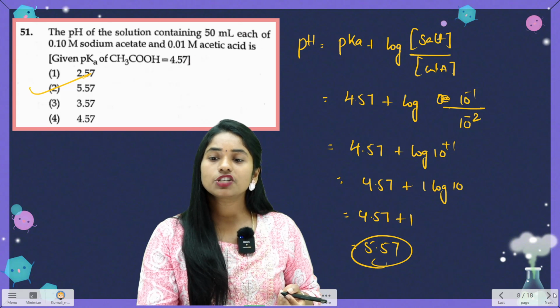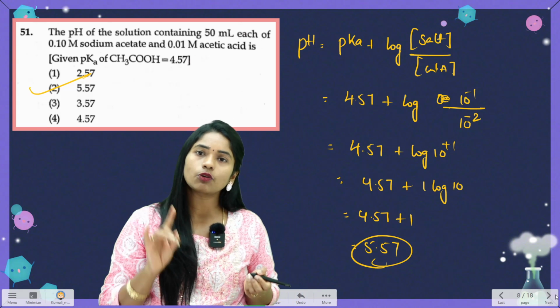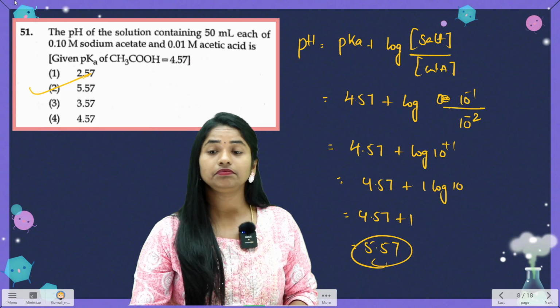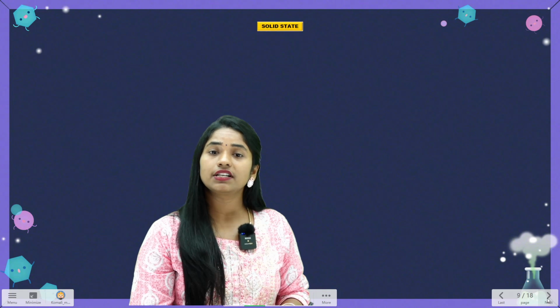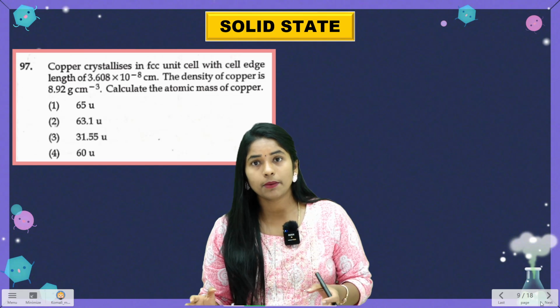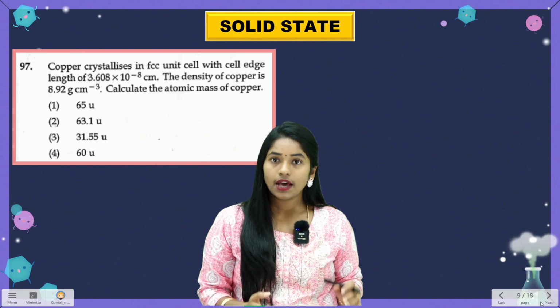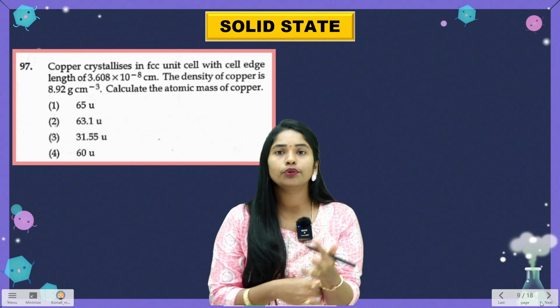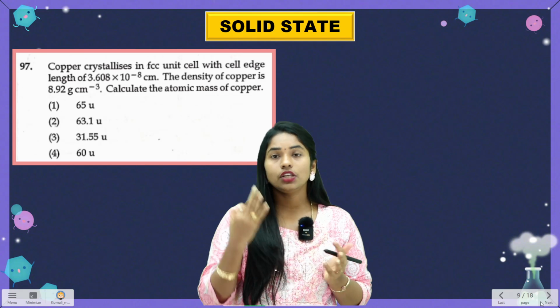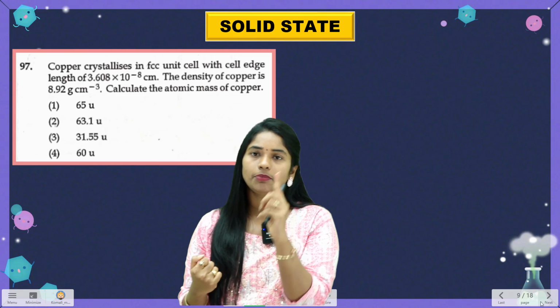Total how many questions have you learnt now? Total 6 questions. These are the 6 questions which came from class 11 physical chemistry, and now from class 12 physical chemistry in the NEET 2022 paper. In the chemistry paper, a total of 10 questions came. 2 questions came from each chapter, 3 questions from the electrochemistry chapter, and 1 question from the surface chemistry chapter.